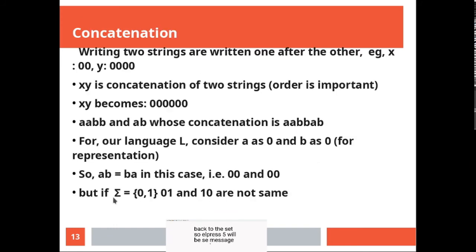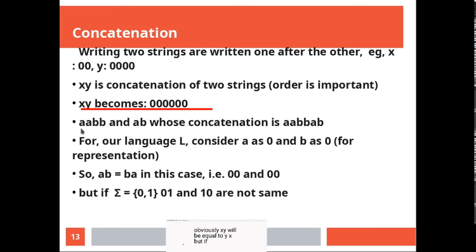Now we have already done a lot of concatenations, but let me talk about concatenation. It is just two strings placed one after another. Let me have one string which is 00, let me name it as X, and another string Y which is 4 zeros. So XY is a concatenation of these two strings, but ordering is important. So XY becomes 2 zeros followed by 4 zeros. Here the input symbol was the same, so obviously XY will be equal to YX.